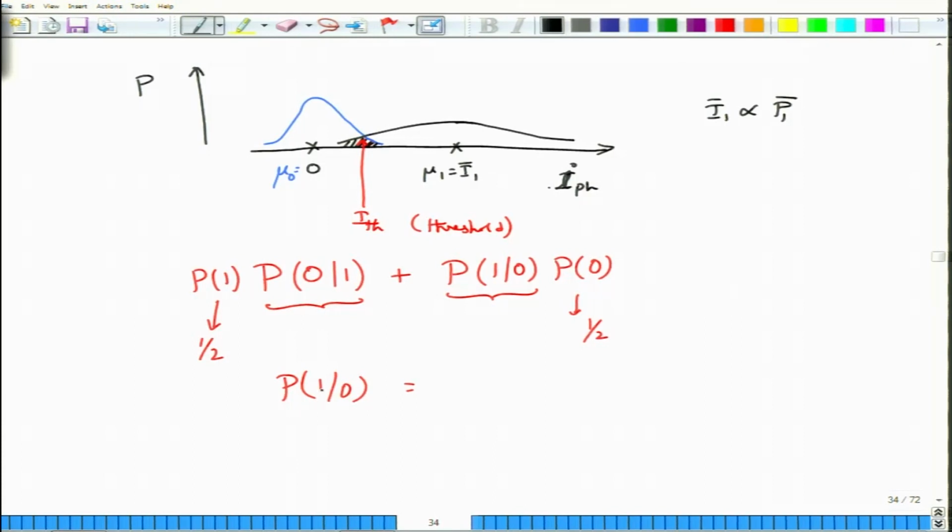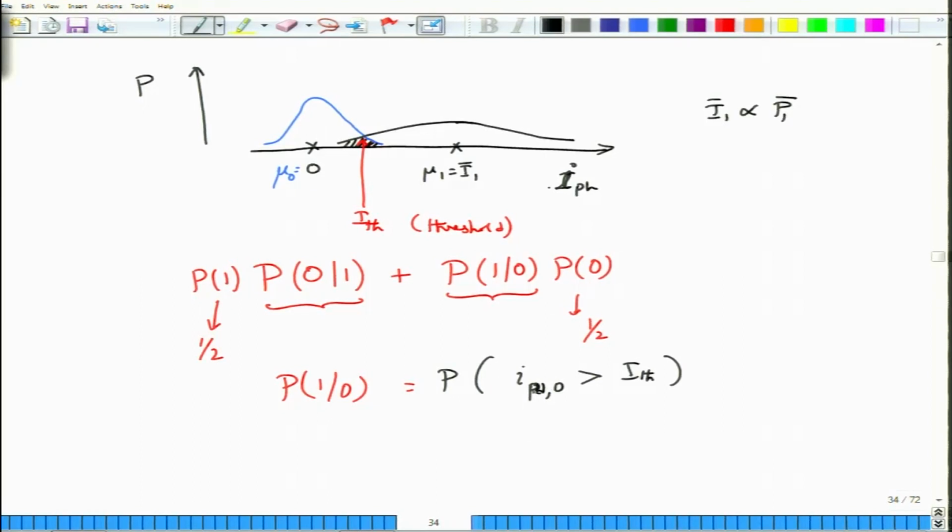When will you make an error in thinking that the received bit is 1, but you have actually transmitted 0? You will make this error when the thermal noise is so large that the total current that you receive when bit 0 is transmitted actually exceeds the threshold, right? And you can actually put a probability for this case. So, instead of focusing only on thermal noise, you can put whatever the total noise is, or the total current that you receive when you have sent in a bit 0, which we will call I0 or rather IPD comma 0.